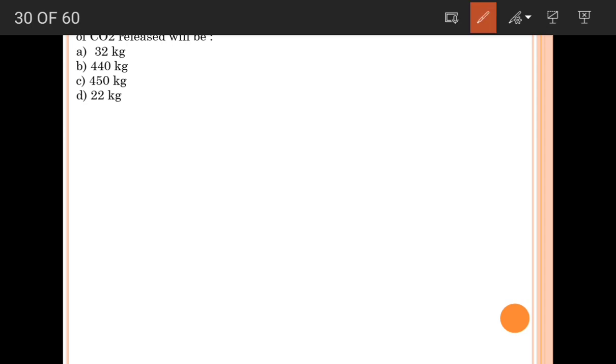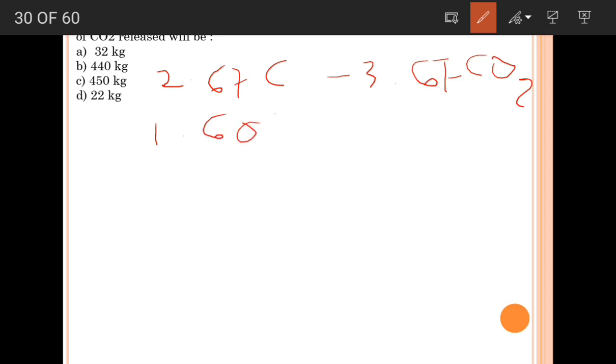You know, 2.67 carbon will produce 3.67 CO2. Here the carbon percentage is 0.6. So 2.67 into 0.6, which will give you 1.602,